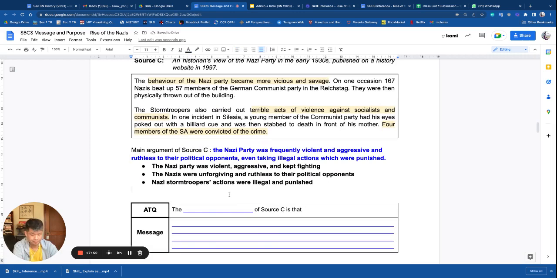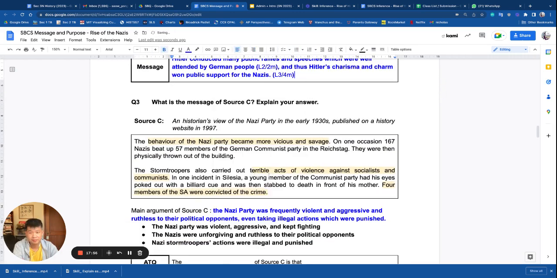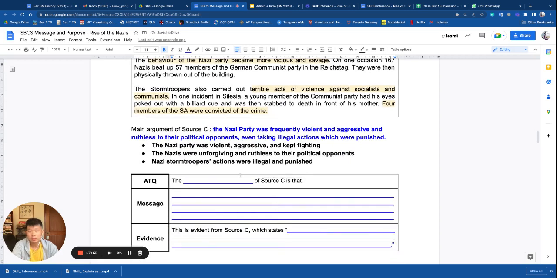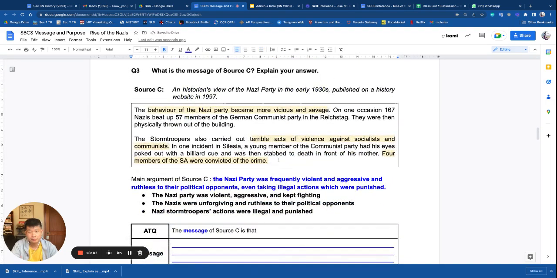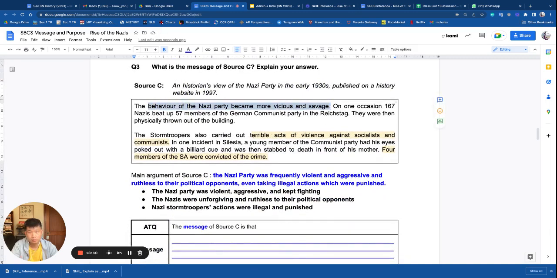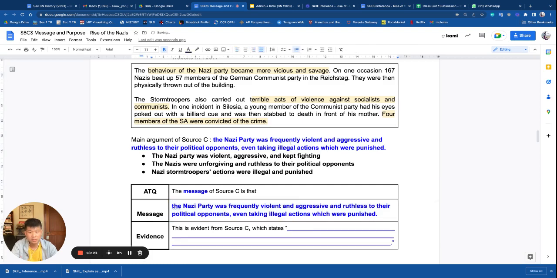I'm going to do the box. You are familiar with this by now. The ATQ, the message of source C, is that this is evident from source C, which states